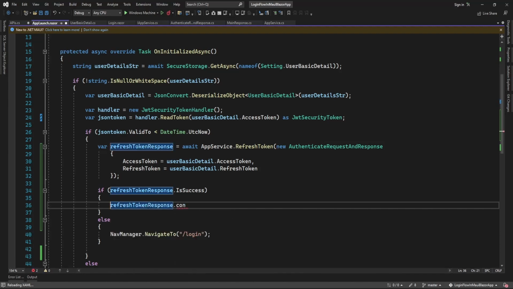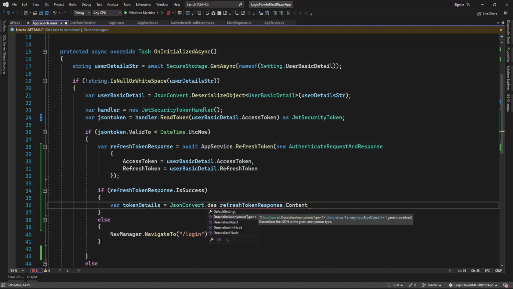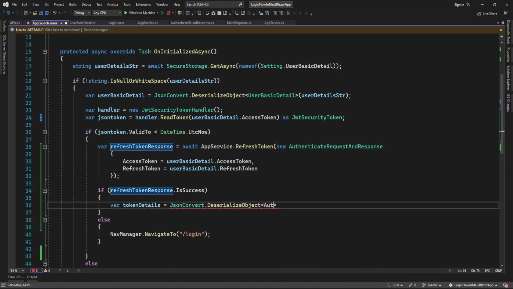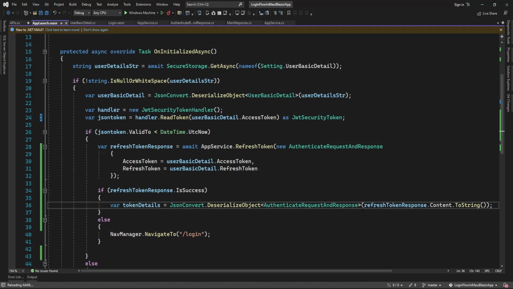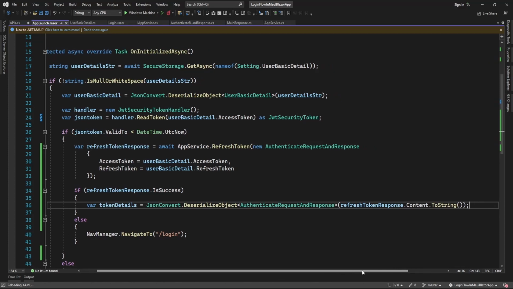So from the content now, okay, so from the content I'm just now deserializing that access token